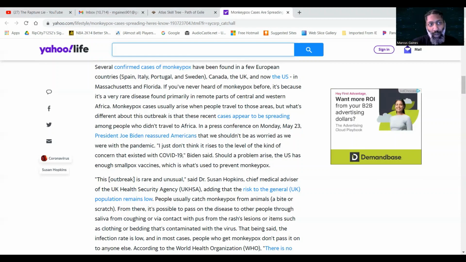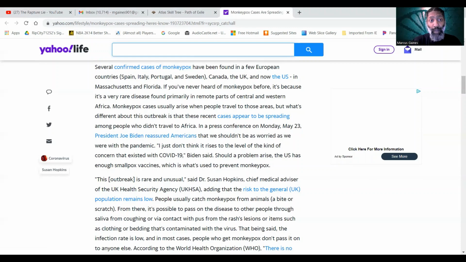I'm going to start over with monkeypox. Monkeypox cases usually arise when people travel to those areas. But what's different about this outbreak is that these recent cases appear to be spreading among people who didn't travel to Africa. In a press conference on Monday, May the 23rd,